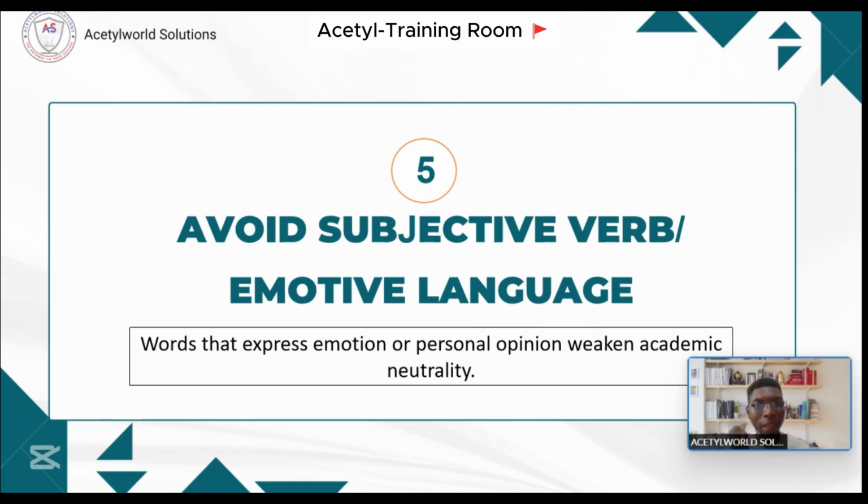Now, avoid subjective verbs or emotional language. Words that express emotions or personal opinions weaken academic neutrality. You are trying to tell your own opinion, you are trying to write based on your own emotion. No, that's not what we want in academic writing. To maintain an academic tone, you have to avoid subjective verbs. You are trying to focus on yourself more than what the result says, or you are trying to be emotional about what the result says. Take for instance now,